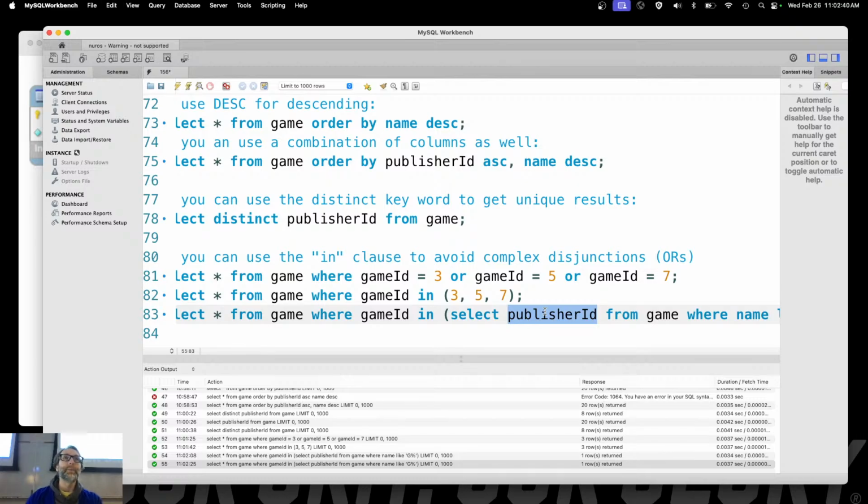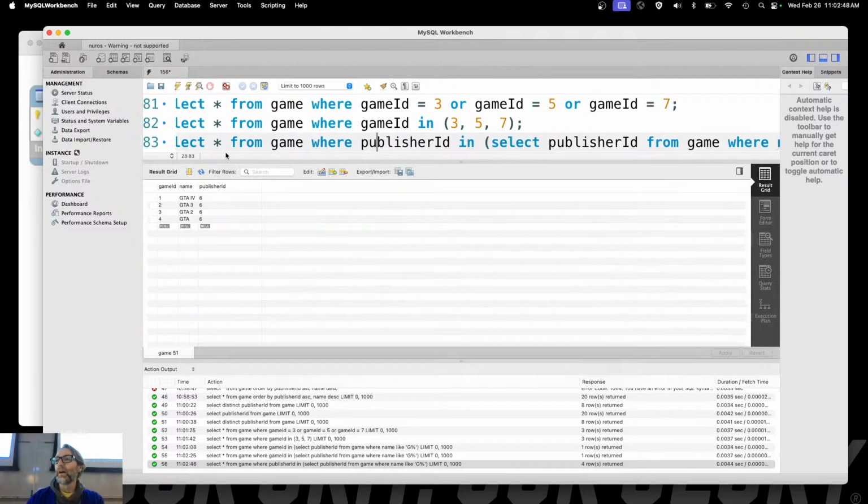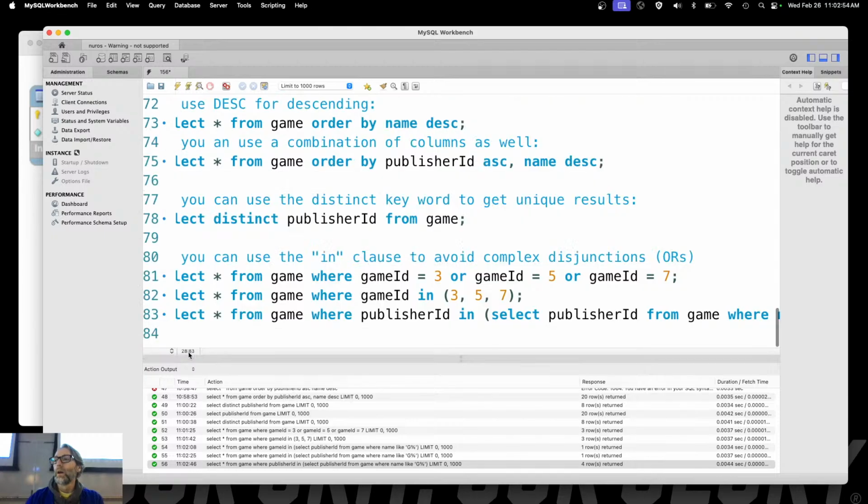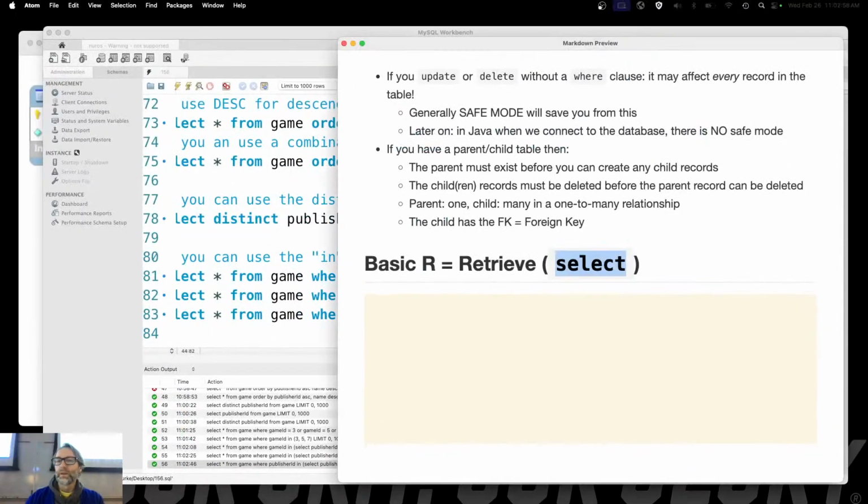You've got to compare apples to apples, oranges to oranges. You can't compare a game to a publisher here. So publisher ID. And then I will get all of those games there by Valve, which apparently is 6. Okay? But that's why you would want to use an in clause. Okay? So as an aside here,